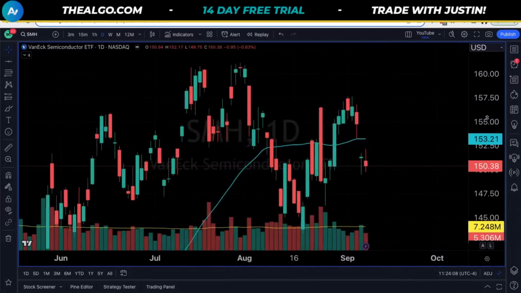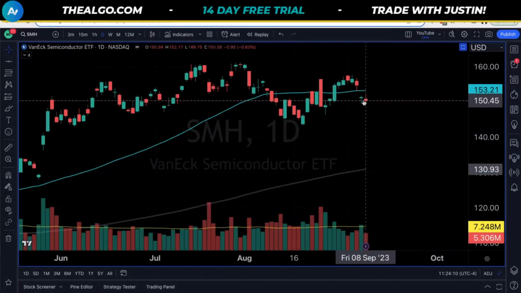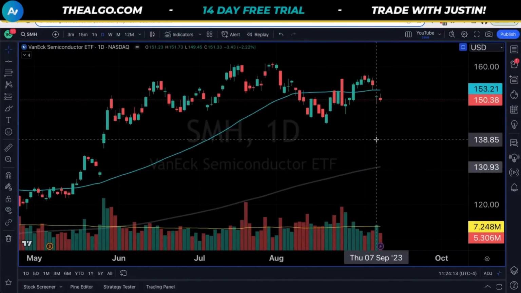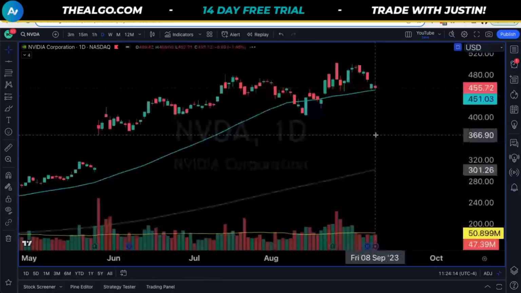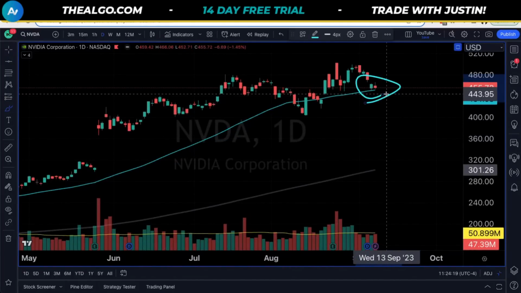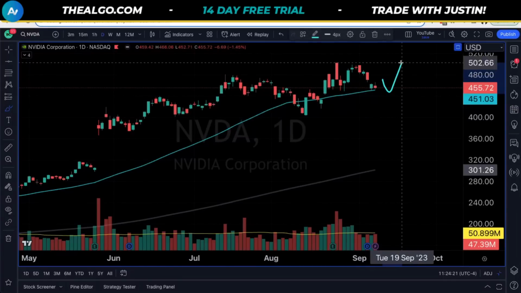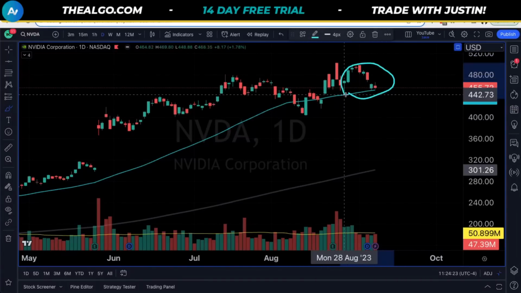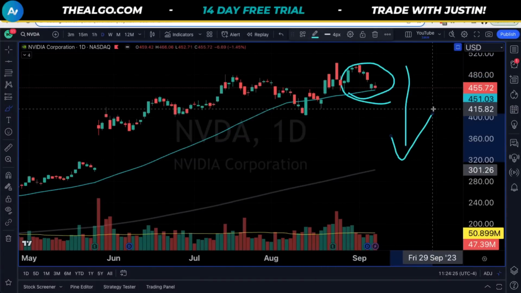If we look at SMH or chips, 2 days below, it's starting to give us that same trend, those same warnings we just talked about. We look at NVIDIA, not yet below. It's actually got a back test of the 50 MA, and it's holding for now. This would be one of the things I'm looking for to confirm we're going to be going for that move